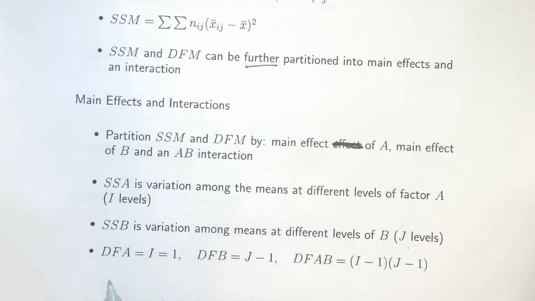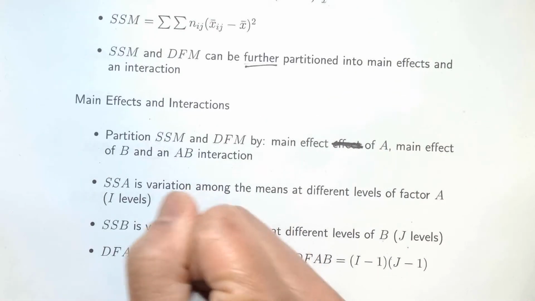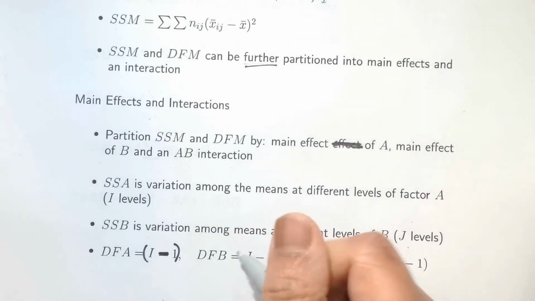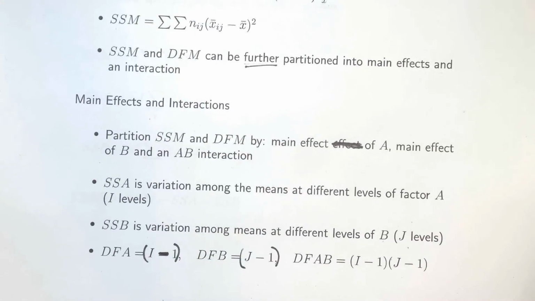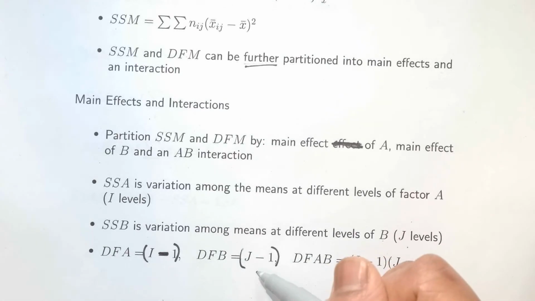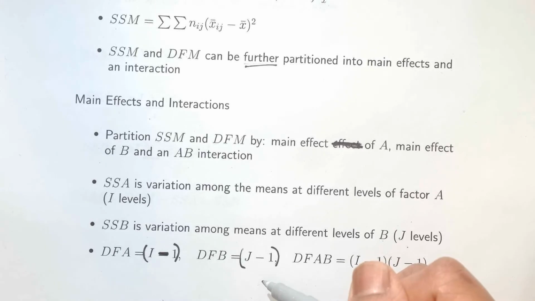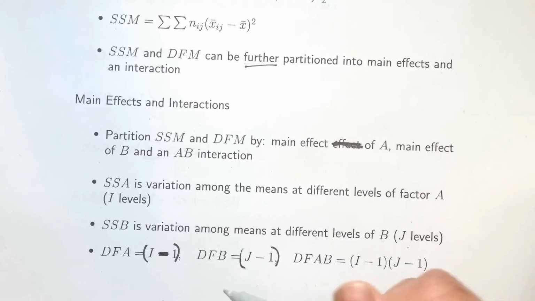So, what about the degrees of freedom? The degrees of freedom for A is equal to I minus 1. Degrees of freedom due to factor B has J minus 1 degrees of freedom. And this is analogous to when we had one-way ANOVA with I levels of our group variable. Then we had I minus 1 degrees of freedom. And in randomized complete block designs, when we had capital B blocks, we had B minus 1 degrees of freedom, but factor B has capital J levels, so